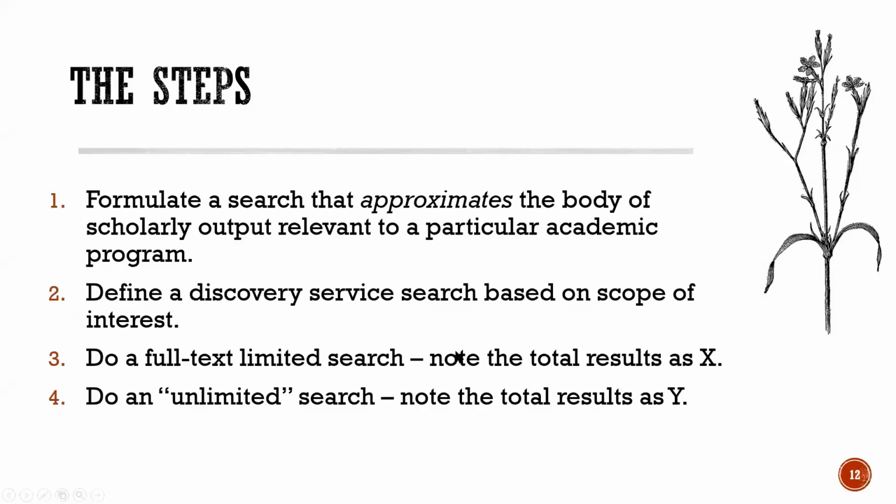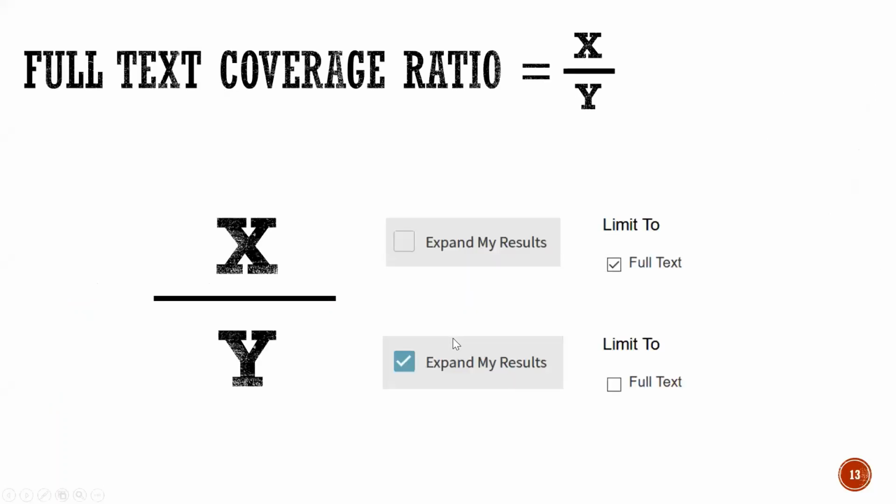So once you've done that, for each search, simply note the number of items returned. The number of total items returned by the first search divided by the number of total items returned by the second search equals the full text coverage ratio. So again, we're essentially just talking about the percentage of available content as best as we can determine it through a simple search of our institution's discovery layer. So it took me longer to explain those steps than I think it would take any one of you to perform them. So now, at this point, you can report that ratio to the biology department, but on its own,